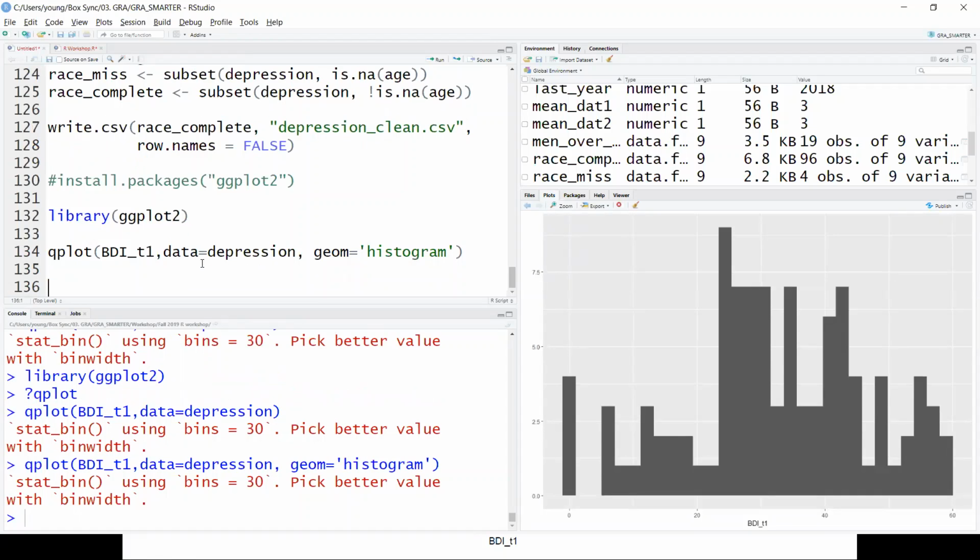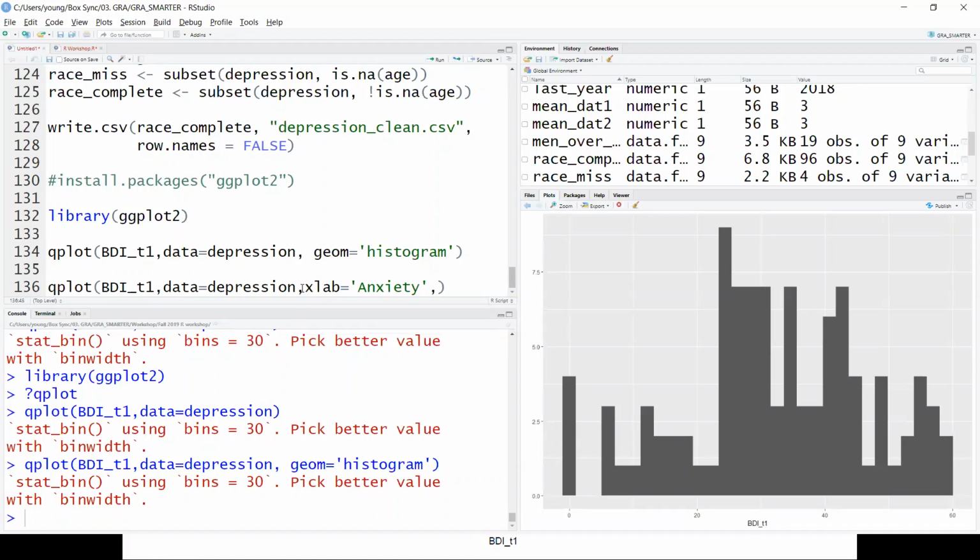Now there's a lot of options you can mess with. Maybe I want to label the x-axis as anxiety.